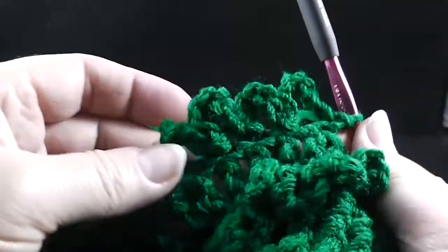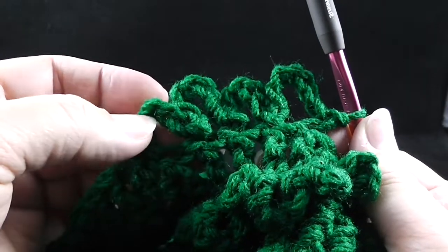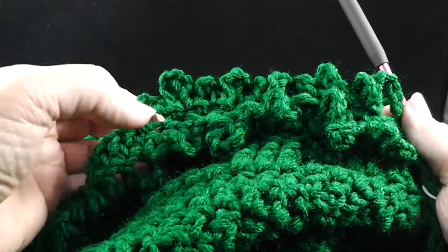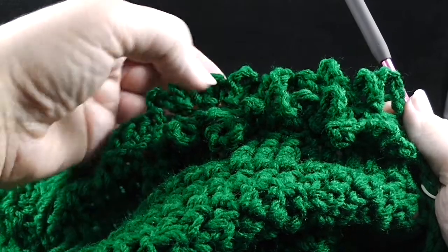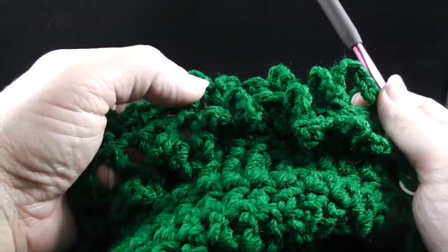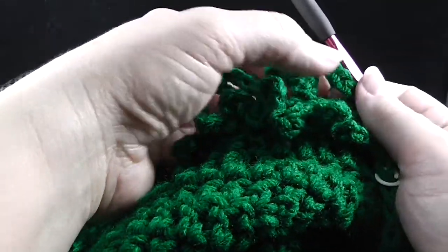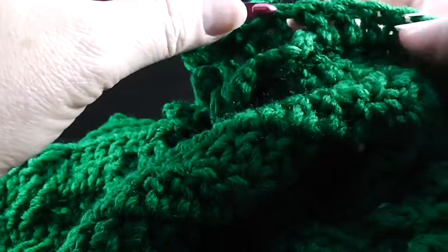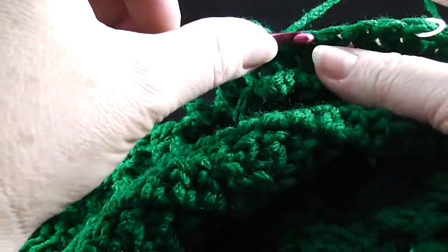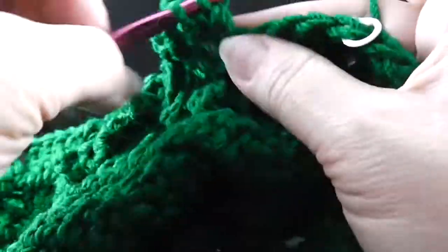Okay, so I've done that 2 times, so do that 3 more times for a total of 5 repeats. Okay, let's just verify what we have. We should have a 5 chain and then a 7 chain. That's 1 repeat, 2, 3, 4, and then 5 repeats. After that, we're going to work double crochets in the next 5 double crochets, and that's working through both loops through the top. So 1,